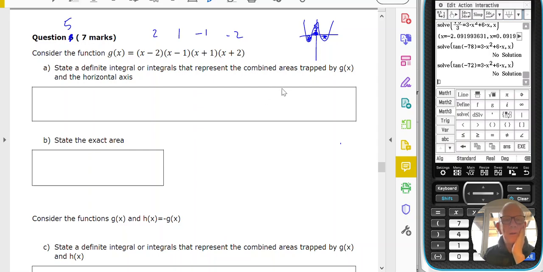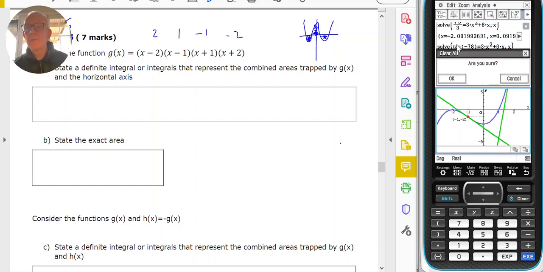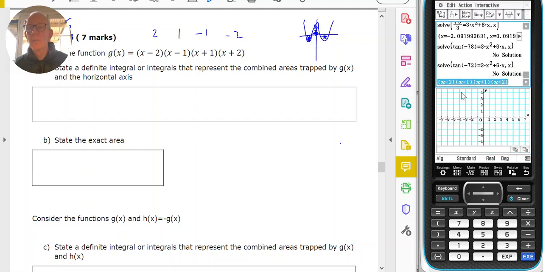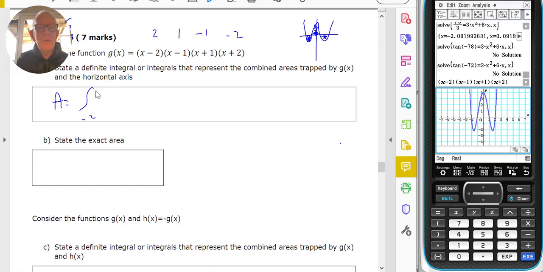and this one. So if I have a little look and see what it looks like, and if I open up my graphing window, get rid of the previous stuff, drag and drop, I can see it there. So the area will be, I could write 3 definite integrals, -2 to -1 of g of x dx, but that's below the x-axis, so I've got to put a negative, plus the integral from -1 to 1 of g of x, but that's above, so I don't need to put a negative, plus